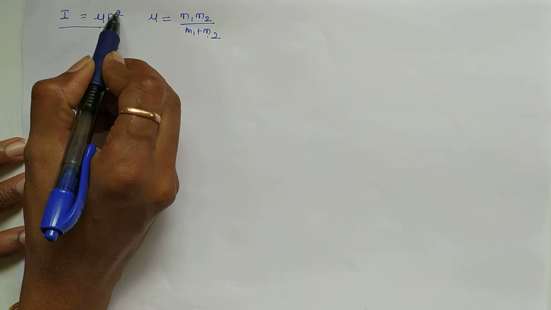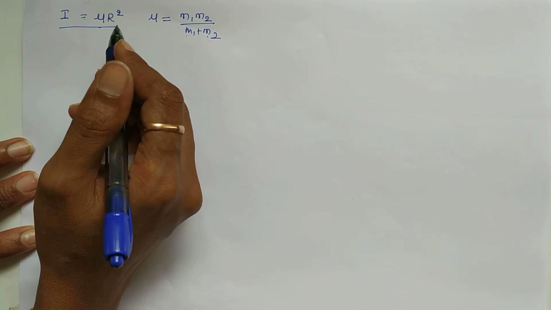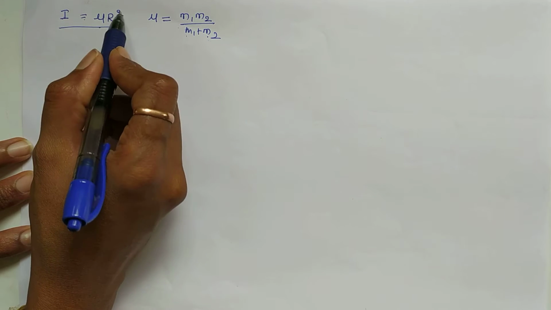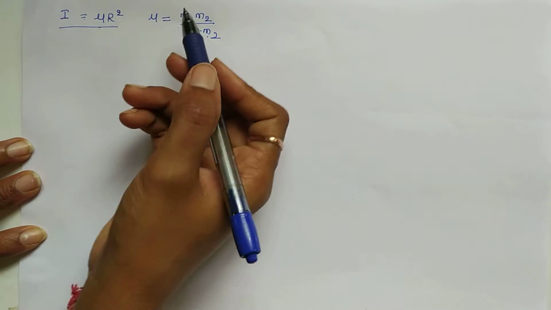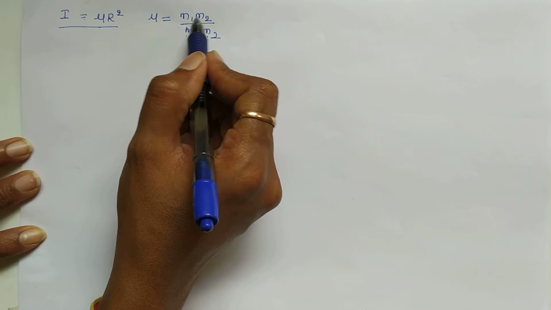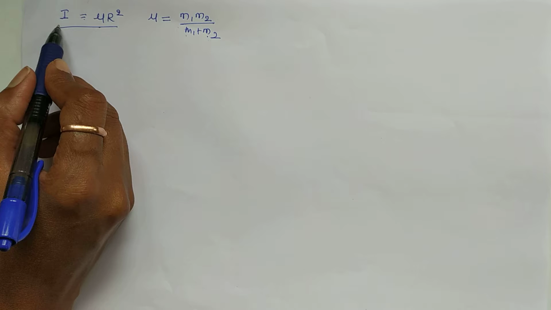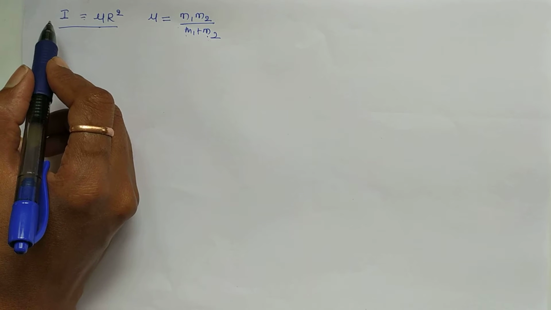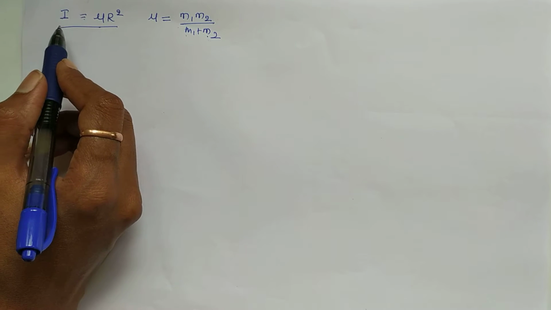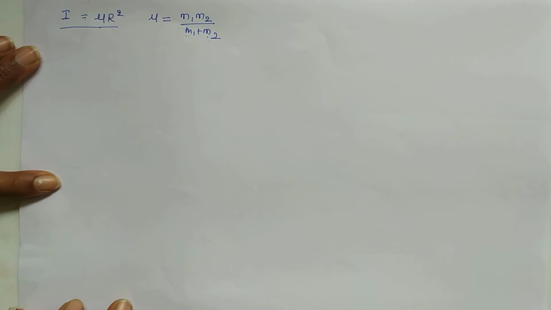And this r value is not going to change because the molecule is only rotating, it is not vibrating. So the bond length will be fixed, that is capital R value is fixed, and the masses of the two atoms are also not going to change. So m1 m2 value is also fixed, so what we can say is the moment of inertia will be constant for a given diatomic molecule. Up to this we have derived. So now the expression for the energy of a rotating diatomic molecule, that we are going to derive.